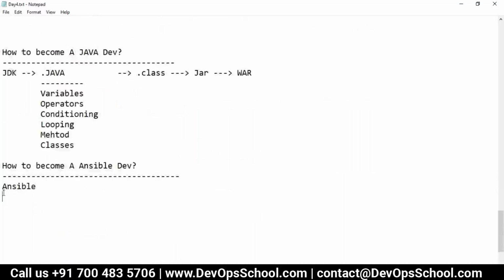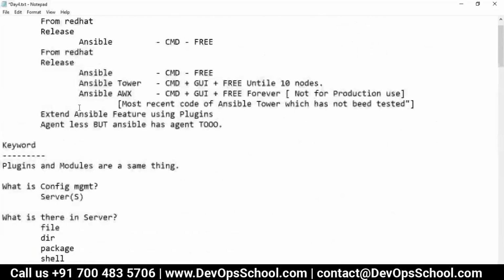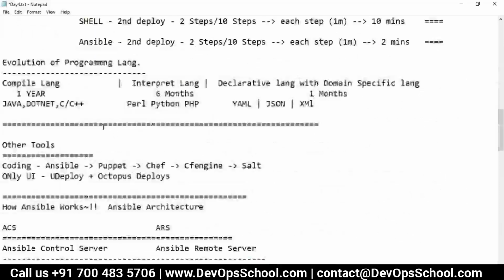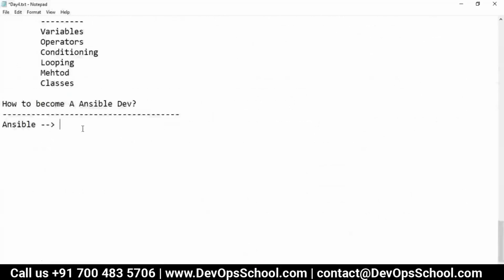Now Ansible doesn't understand Java or Python .py. Here I said Ansible is written using Python, but that does not mean it will understand .py. No, Ansible understands .yaml. This is your program, and in this program you have to learn all these tactics. What tactics? Here, variables,